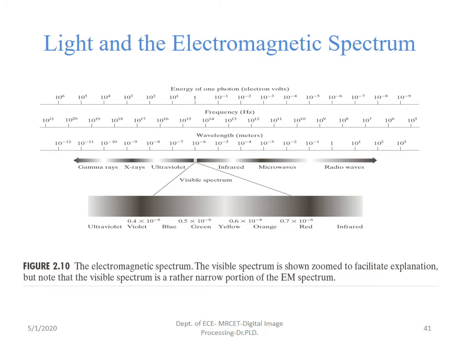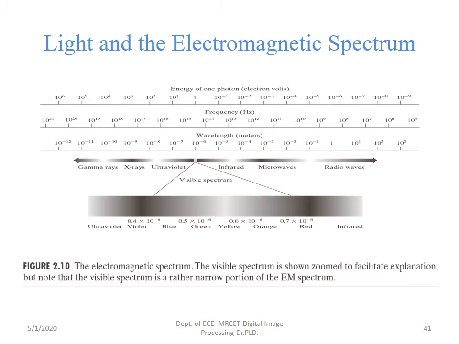So c equals 3 into 10 power 8 meters per second. If we evaluate the wavelength based on the given frequencies, this is the wavelength scale. If the frequency increases, the wavelength decreases, which we can observe. At lower frequencies, we have the radio waves. With increasing frequencies, first we have the microwaves, and then the infrared region. In between the infrared region and the ultraviolet rays, we have the visible spectrum. After ultraviolet rays come X-rays, gamma rays and cosmic rays. Around 10 power 24 you can consider cosmic rays.